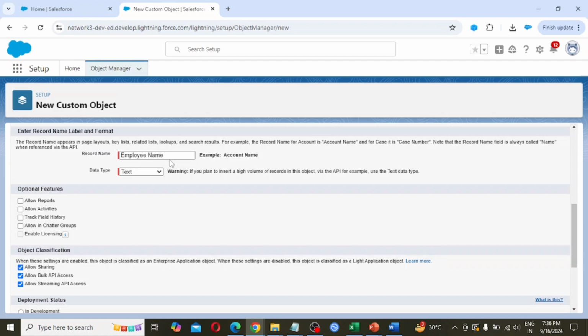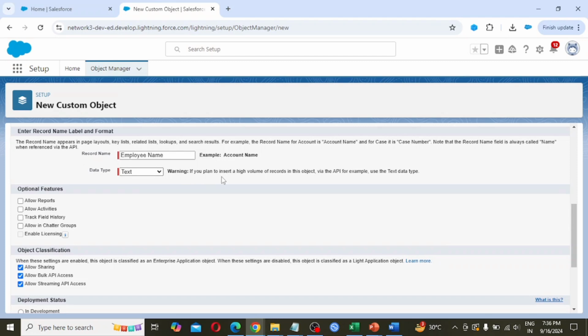So for the record name, here we are giving employee name, like account name. And this is important: we are choosing the data type of this object. So the data type is what? Text, or there is also a warning coming.